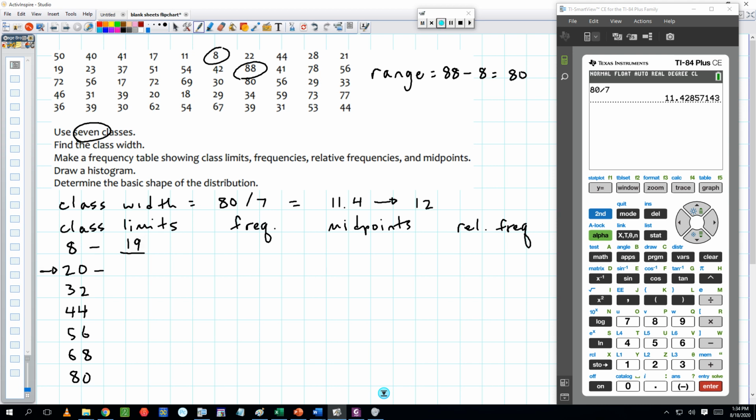Now the upper limit, if this one here starts at 20, then this one ends at 19. If this one starts at 32, then this one ends at 31. And if you notice, these are going up by 12 also. 43, 55,